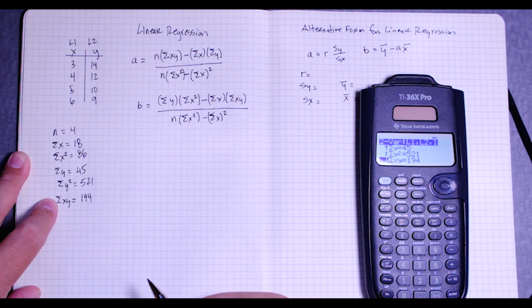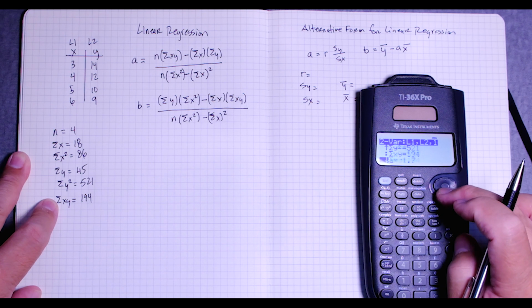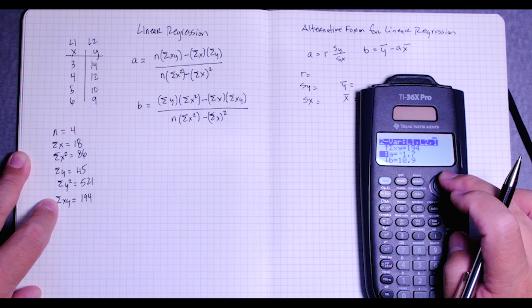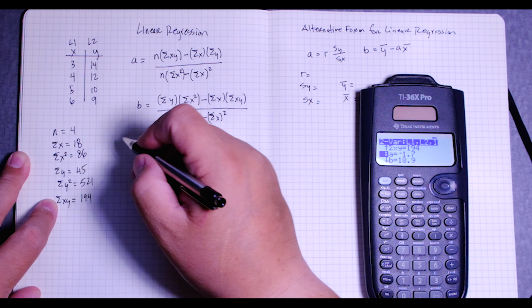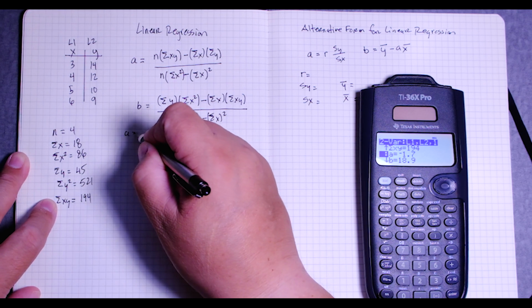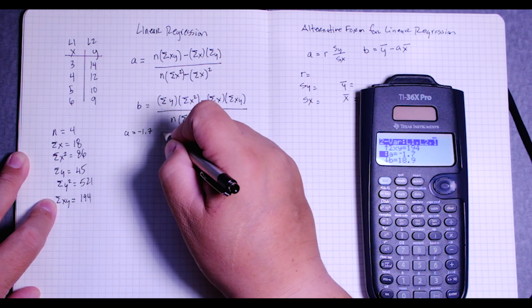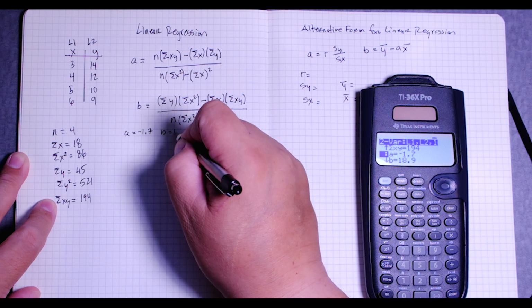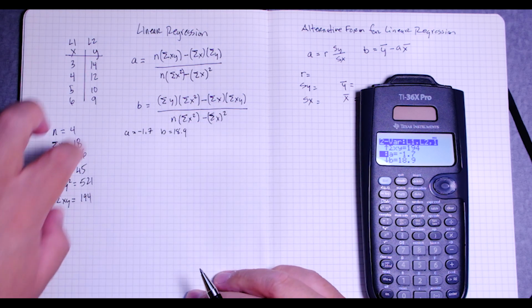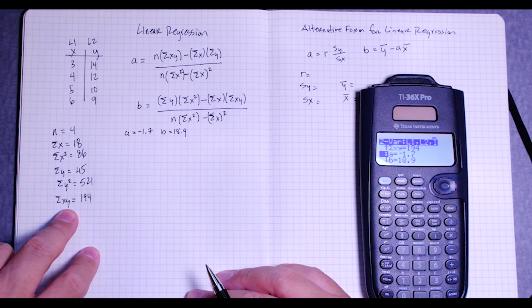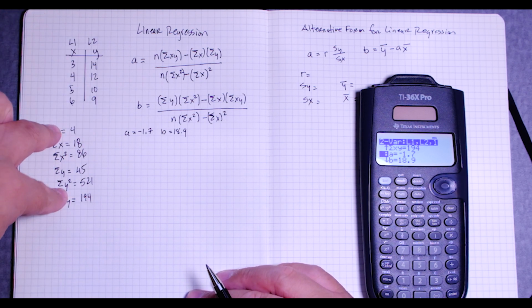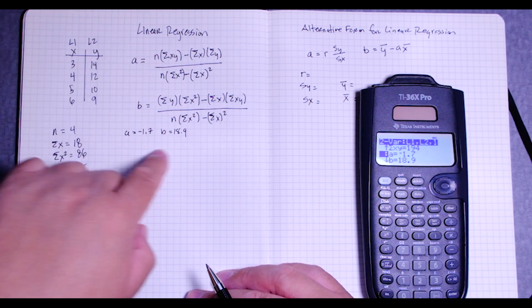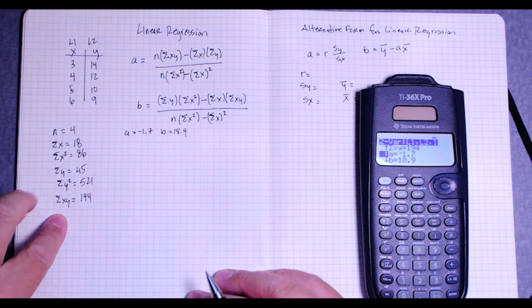Okay. Now if we scroll all the way down, we can find the answer. In this case, A is equal to negative 1.7 and B is equal to 18.9. Okay, so the calculator is giving us the answer. We can plug in these values in here to find these answers. And